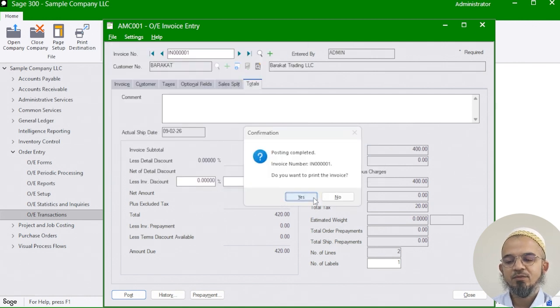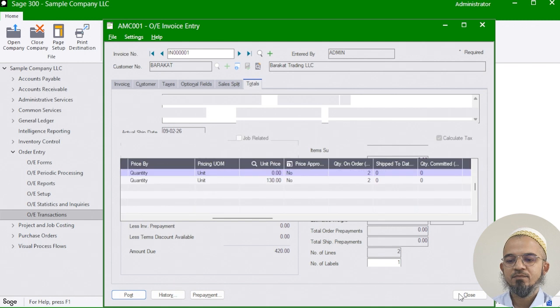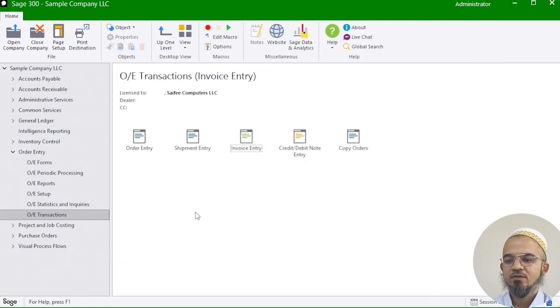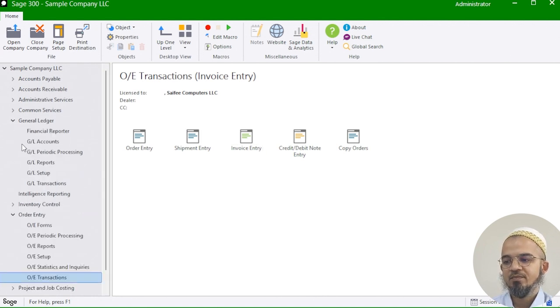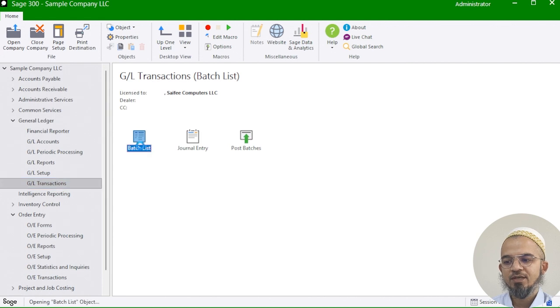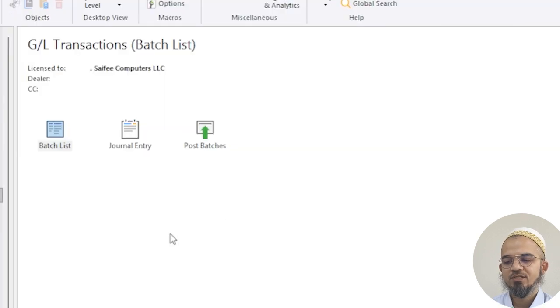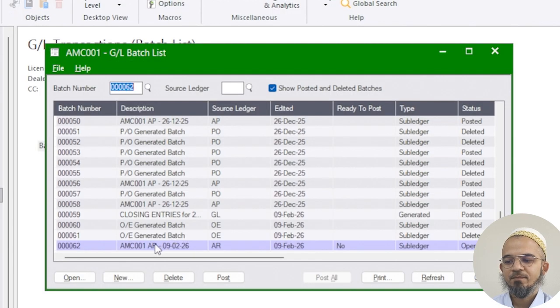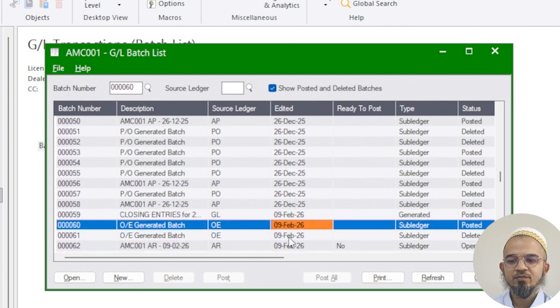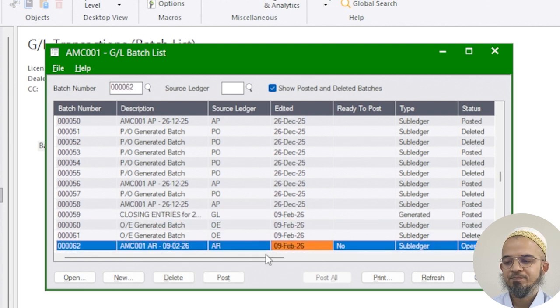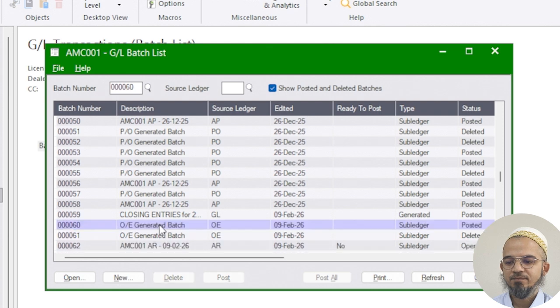Now depending on the posting method in your system, the invoices, delivery notes, all these transactions can be created immediately in real time or with a day end processing. For my system, in this example, it has been set to real-time posting. So if I go to GL batch list, I'll see transactions appearing from today. If you want to open and check,